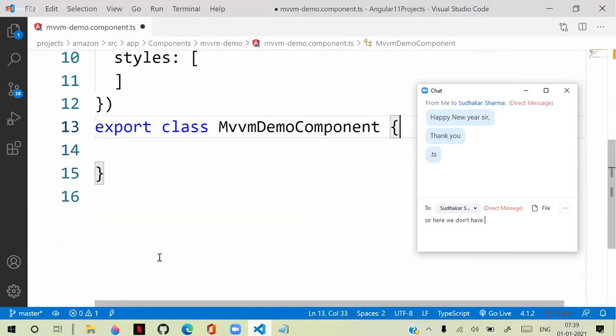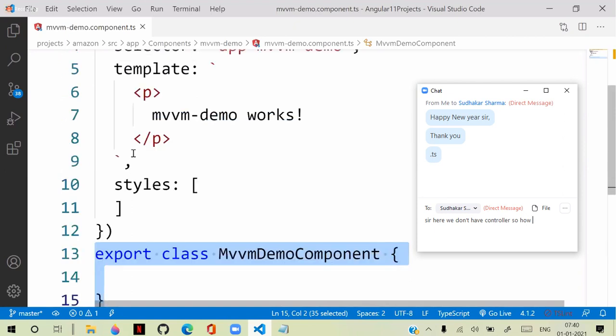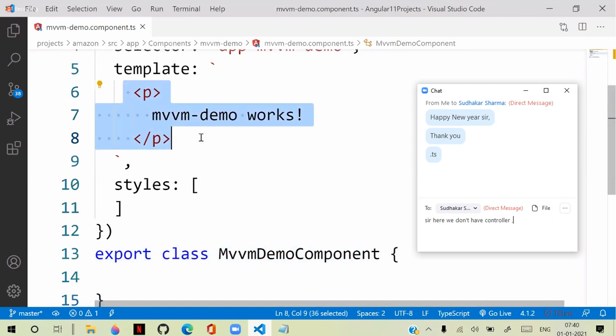The controller will not have anything else. Our intention is not to have anything inside this controller logic. Everything should be managed in the UI only, in the template itself.